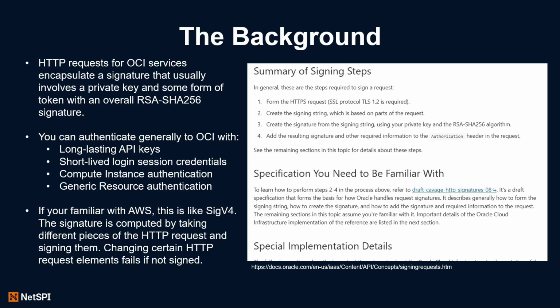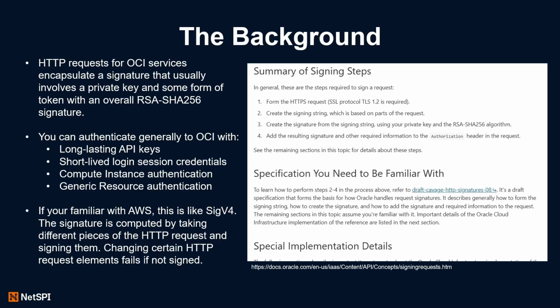It's a similar concept, but in OCI, compute instances are placed in dynamic groups, and then to get the credentials for your compute instance to call things as that instance, which is in turn in a dynamic group, they have their own specific form of authentication for compute instances. All other resources in OCI that support that type of IMDS-style authentication fall into a fourth bucket of generic resource authentication. So compute instances are noticeable in that it's a separate process compared to a lot of the other resources. Like I said, if you're familiar with AWS, this is like SigV4.